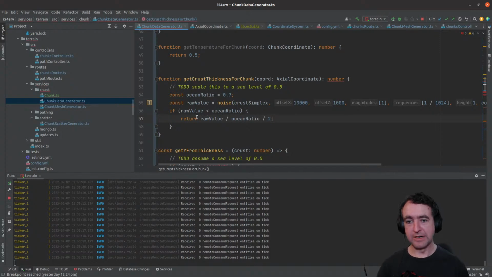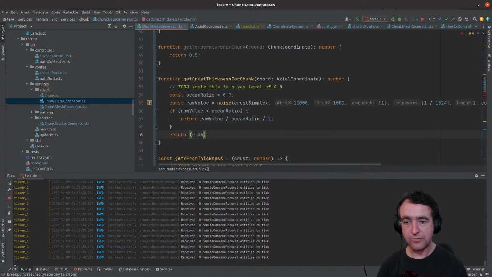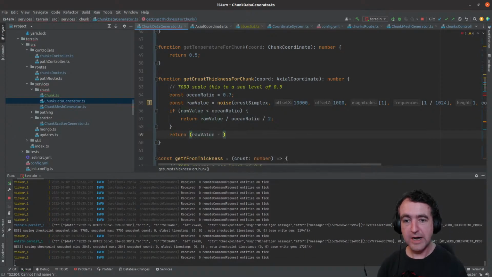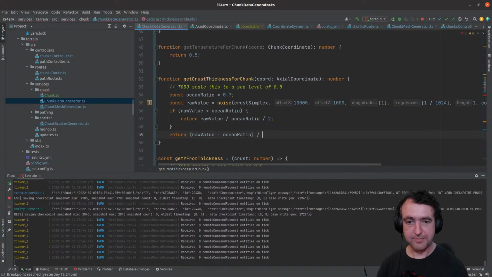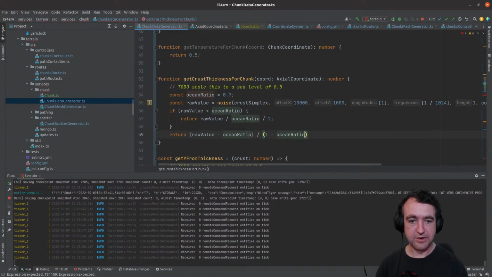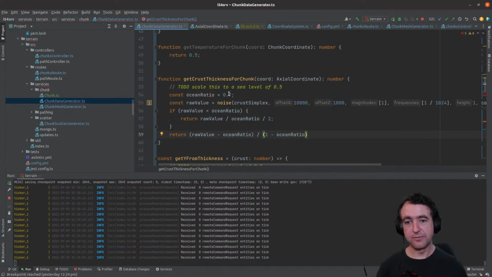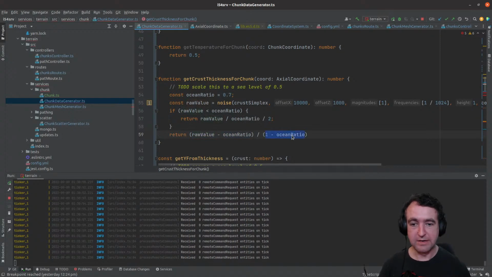So I've got a value of like 0.6 come out of here. We want that to be underwater. So that's going to be 0.6 over 0.7, which is, I don't know, like 80% or something. Divided by 2 will be 0.4. Awesome. Otherwise, we are going to return the raw value minus ocean ratio divided by 1 minus the ocean ratio. So if we've got a value of 0.7, this will become 0, divided by whatever is still 0,